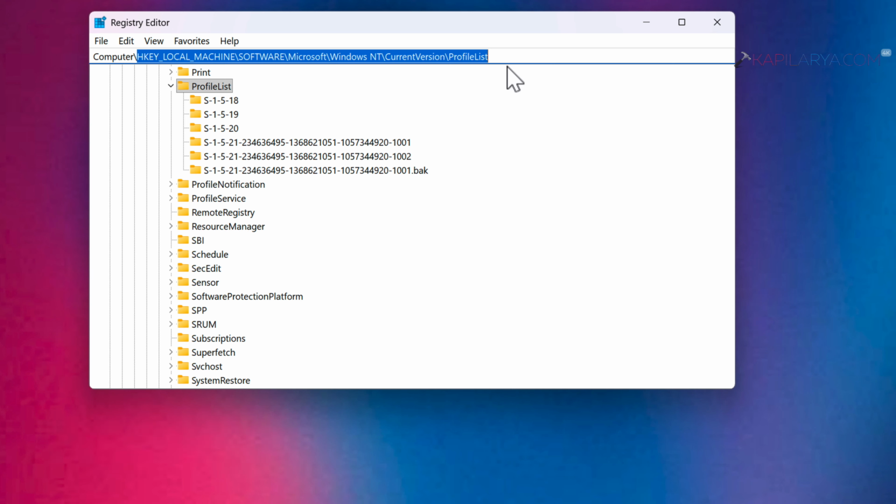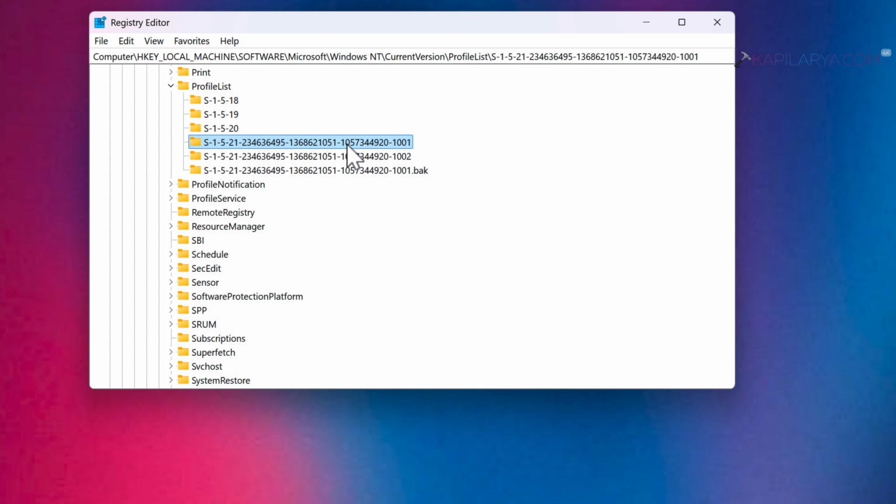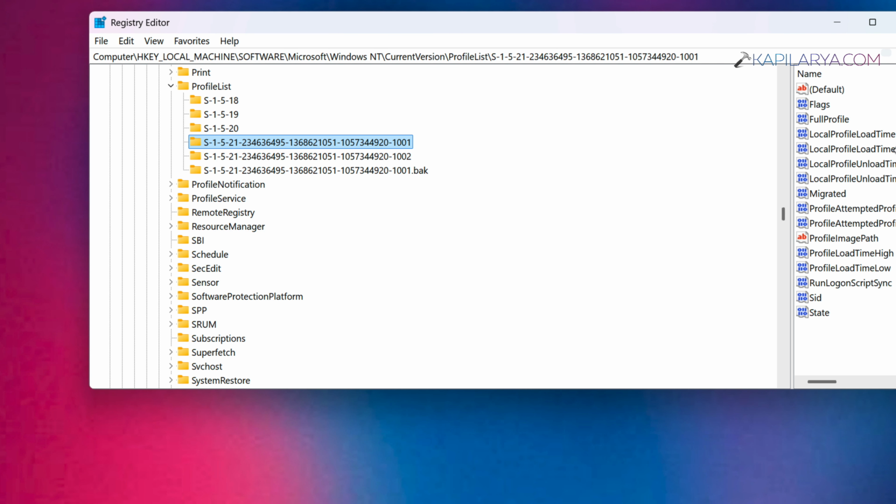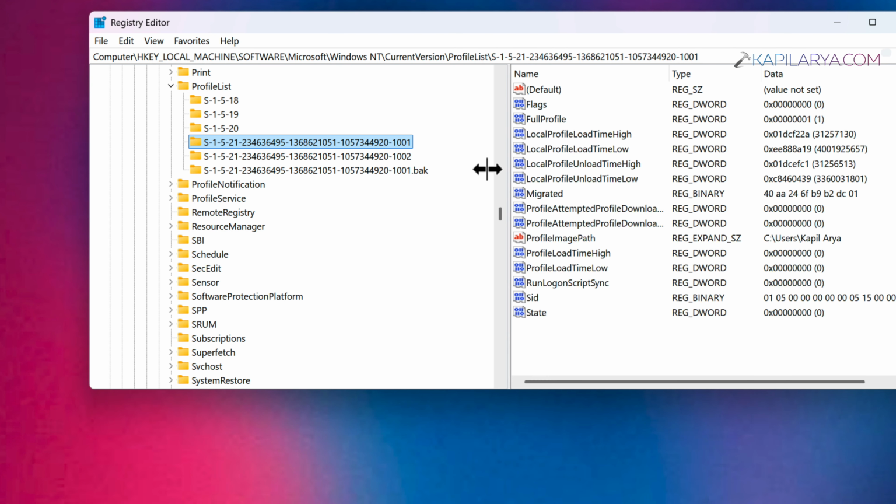When you expand the profile list, you need to carefully locate the entries for the user account. You may have multiple entries for the same user account. So here we have registry sub keys ending with 1001, and there are two entries, one ending with 1001 and one ending with 1001.bak. Go to the right pane of this entry and make sure that the ProfileImagePath registry expandable string